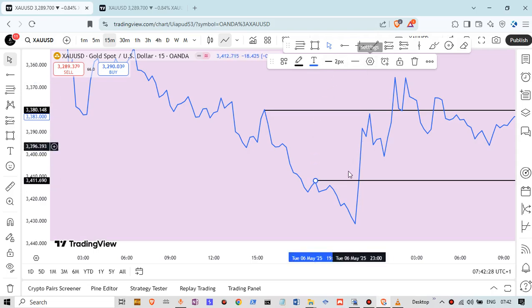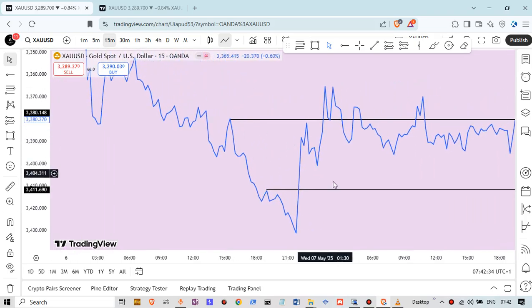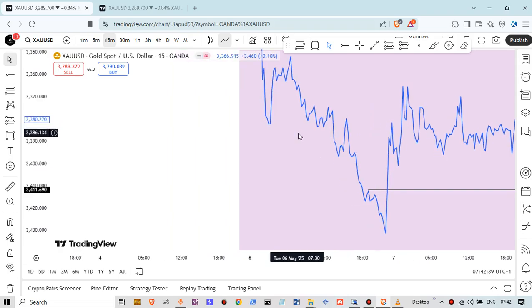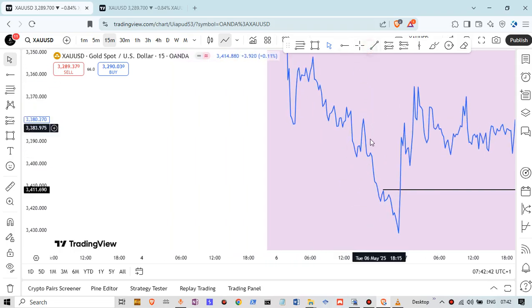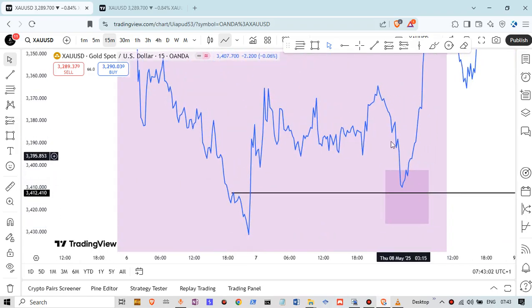I was expecting that price would come down to this level here. Let me delete this so I don't confuse it too much. Now that price has broken here, I expect price to come down around this region to bounce and go up, and I'm taking this level. Then see what happened. On the line chart, maybe the line didn't touch this level.